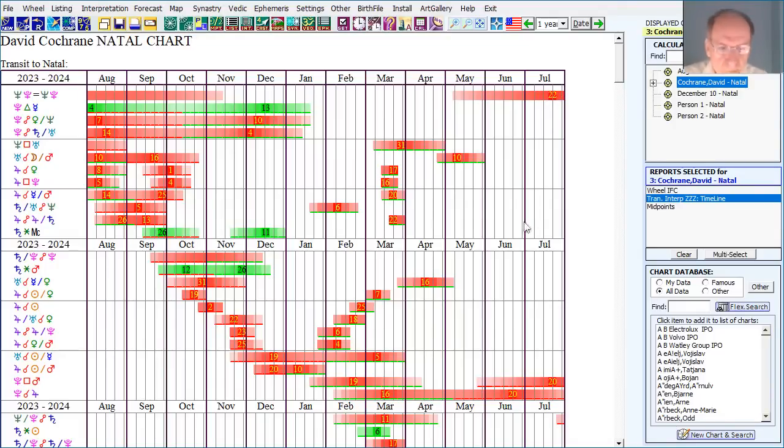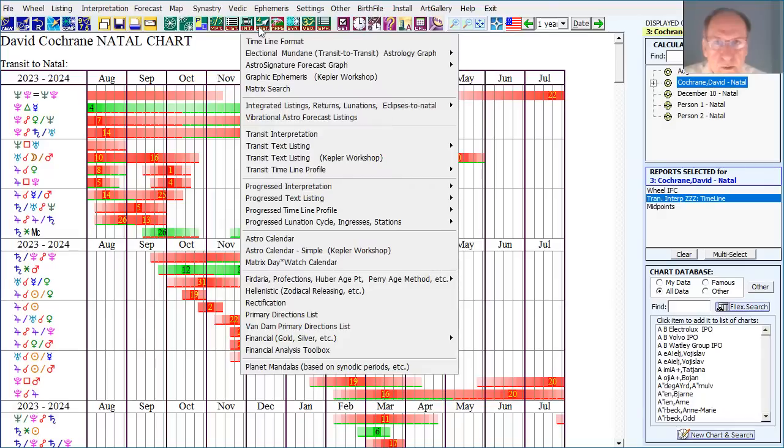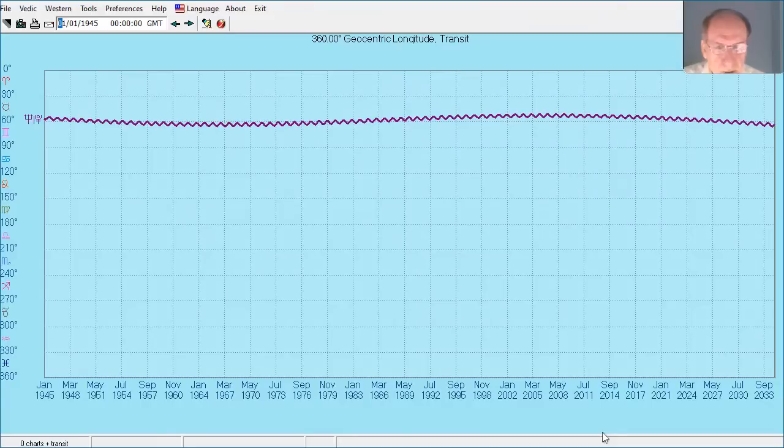And let me show you something. I was curious about this. This is a little bit of an aside from the normal things you can do with clients, but it's interesting. Let me show you this. I went into the Graphic Ephemeris. So you go to Forecast and you select Graphic Ephemeris. And let me bring up, I changed the settings.